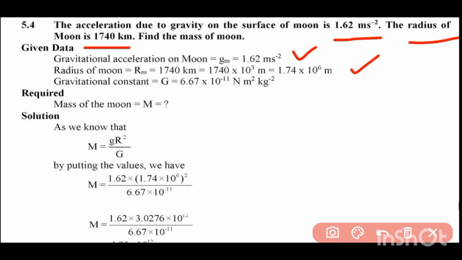So the value of gravitational constant G is equal to 6.67 multiplied by 10 raised to power minus 11 Newton meter square per kilogram square. We need to calculate the mass of the moon. So we use the formula M is equal to gR square over capital G. So after putting the values, we get the relation